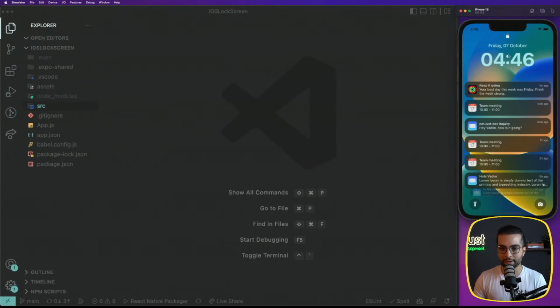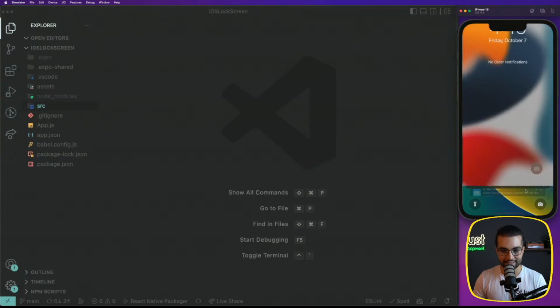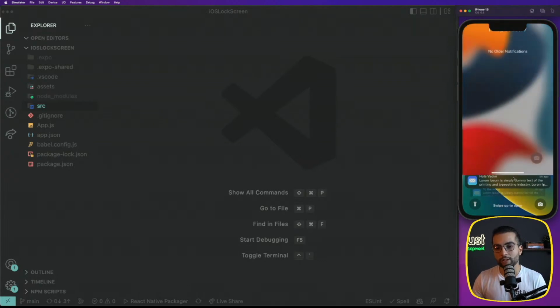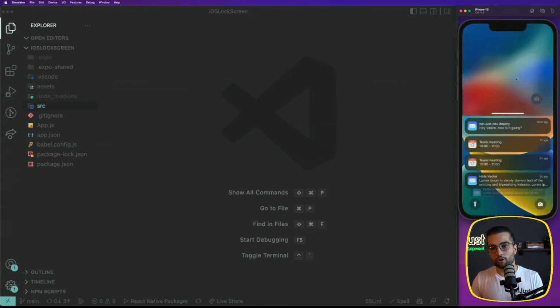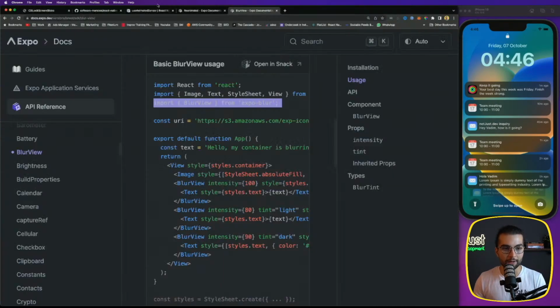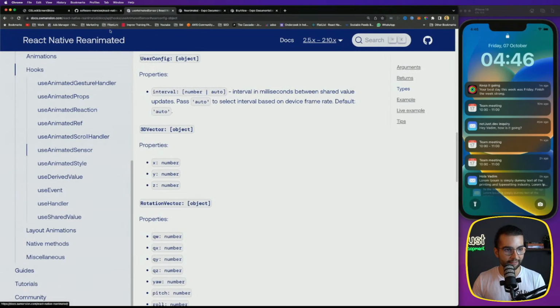At the moment, nothing happens, but what we want to do is to actually have this nice swipe up to unlock the device animation that will be driven by the gesture of the user. So let's see how we can do that. Well, for that, we're gonna use gesture handler together with reanimated. So if we go into the reanimated